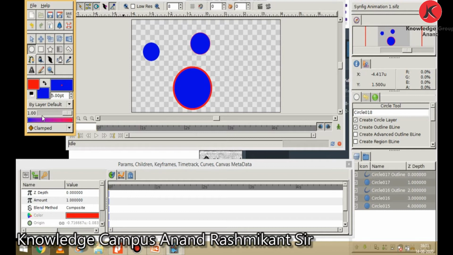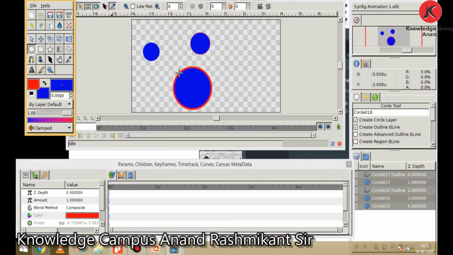Now it is opacity. You can see its default value is displayed as 1.00. So what is the meaning of opacity? It controls the layer visibility. 0 means the layer is invisible and 1 means the layer is fully visible.